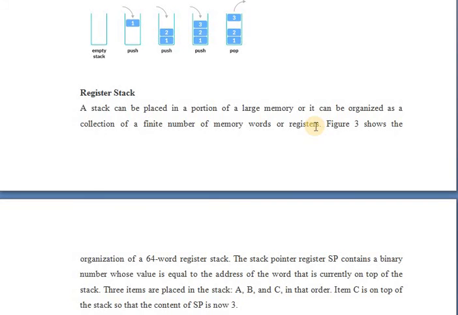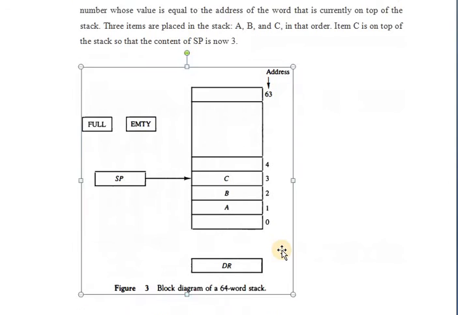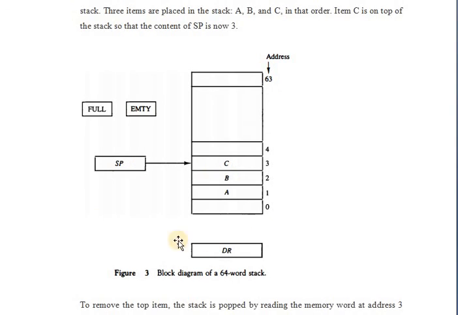Already we have seen some arithmetic additions, subtraction, increment, decrement, based on registers. So now we will see the diagram for the register stack. See here, this is the register stack, a 64-word stack, addresses 0 to 63. As I have said, we are going to perform two operations: insertion and deletion. See here, the stack is full or the stack is empty. These are the two things here.